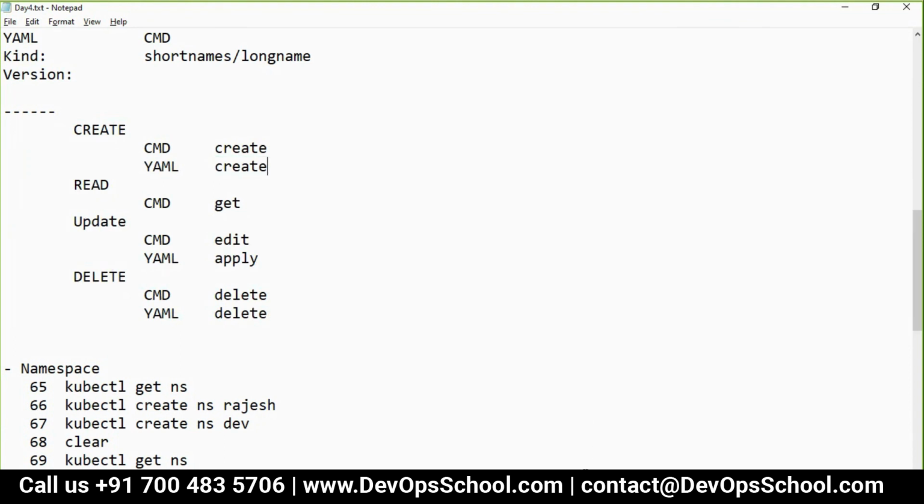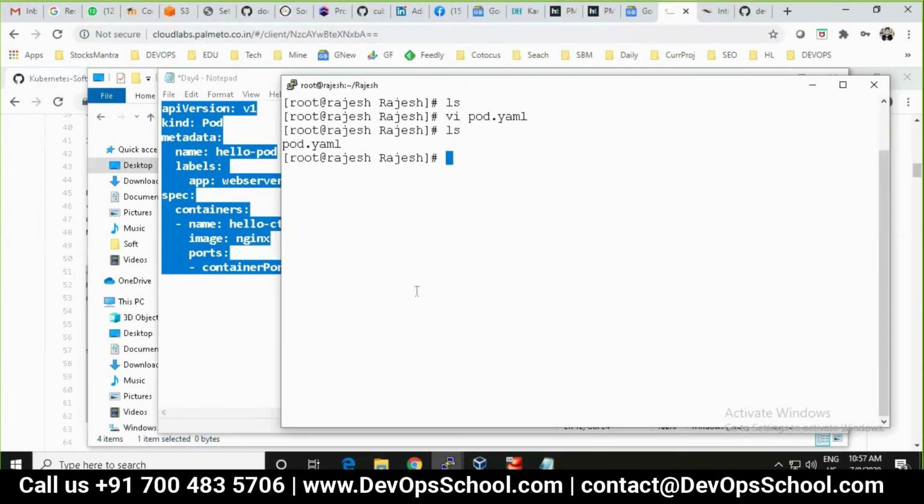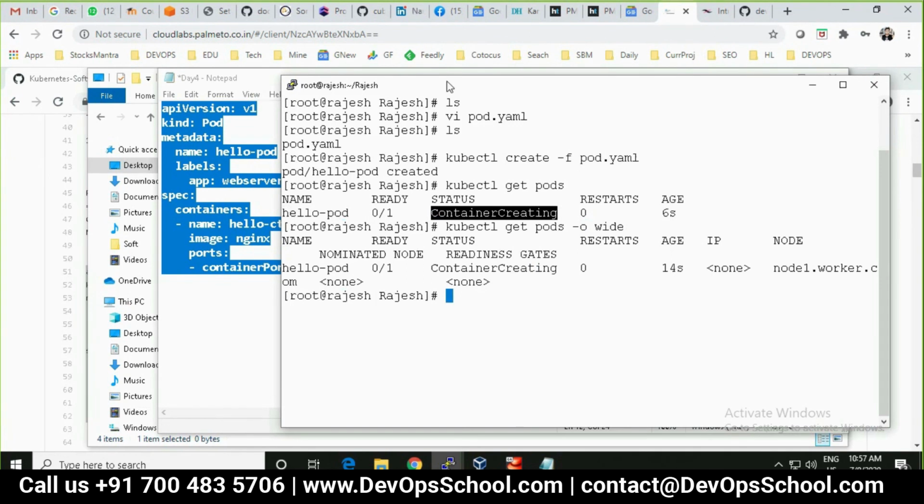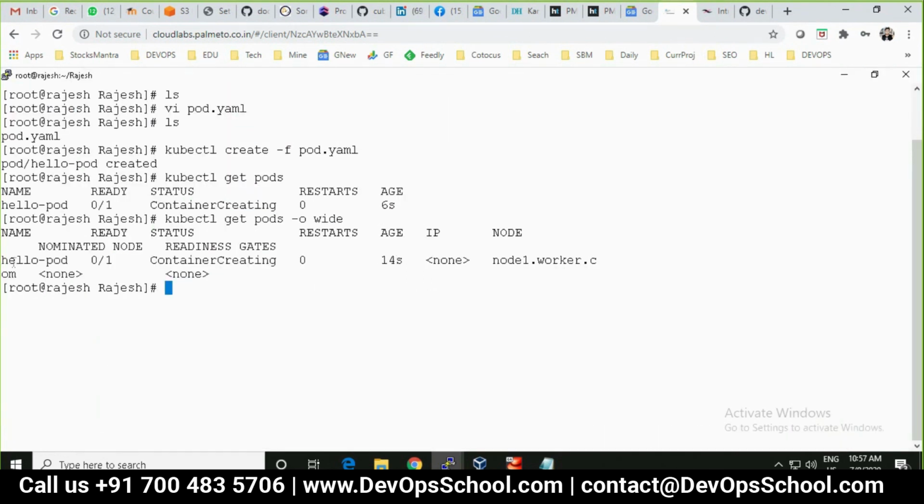So, kubectl create -f pod.yaml. Now kubectl get pod. See, it is creating. You see one container.